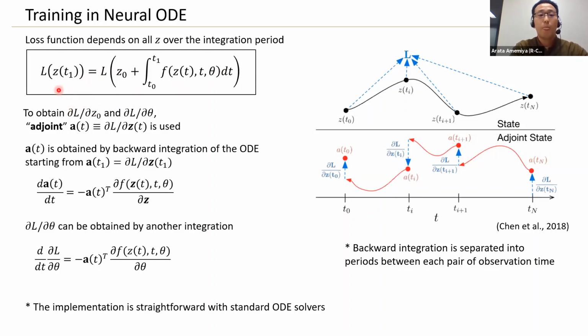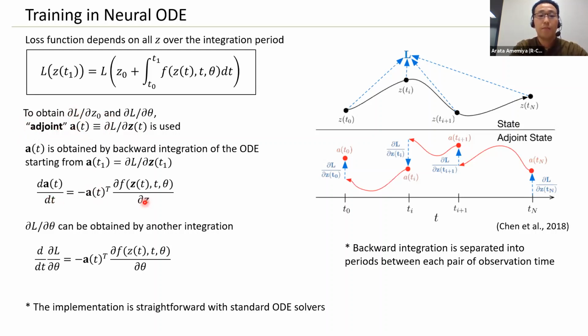And the control variable is the initial state and the parameter of the model f. In order to obtain gradients, we need the gradient with respect to z all over the integration period. This gradient is defined as an adjoint vector,